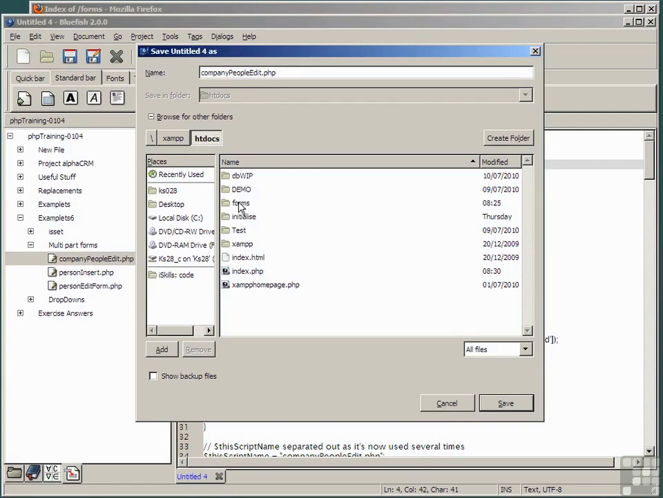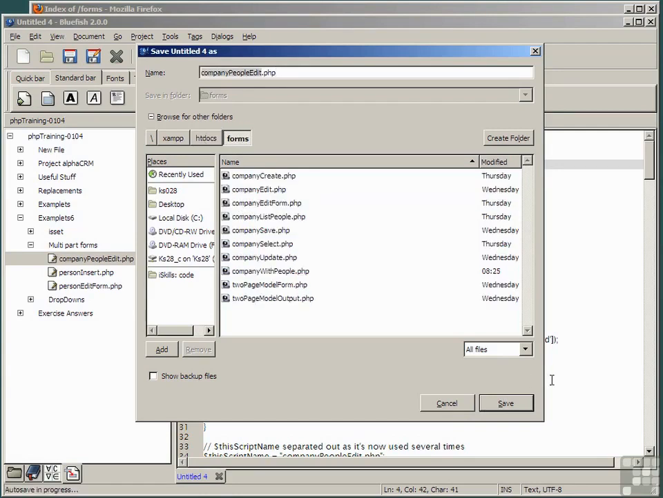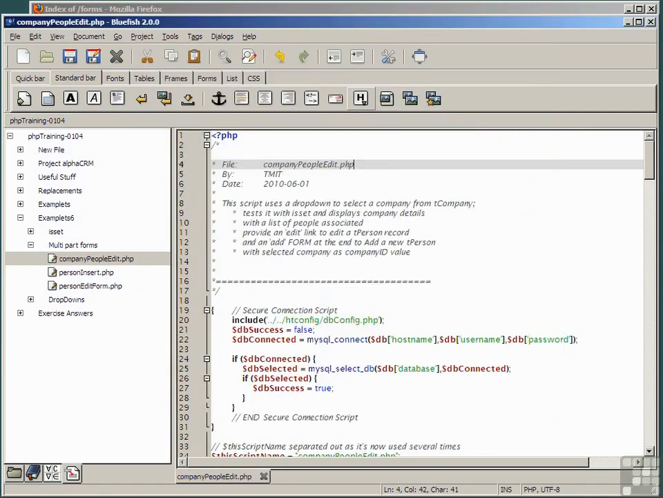companypeopleedit.php. You'll have to click forms because we've already been at the top level in htdocs. This script does as I described earlier. We're going to put an extra column at the end of the list of people with an edit link in each value of that column. And we're also going to add a new form at the end of the list to add a new person